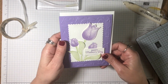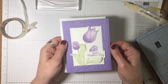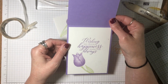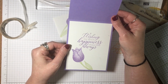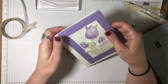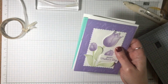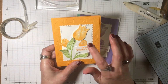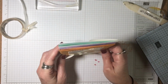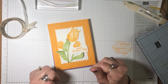And then my favorite color is purple. You all know that about me. So this is using Highland Heather. So it's again the same layout. This one I did a vertical card. So there again is the Highland Heather with the tulip, and there again is the matching envelope. So 3 very pretty cards for Mother's Day. So now I need to make a coordinating envelope for this one. So anyway, I just wanted to share how to make this beautiful card for a mother for this Mother's Day,